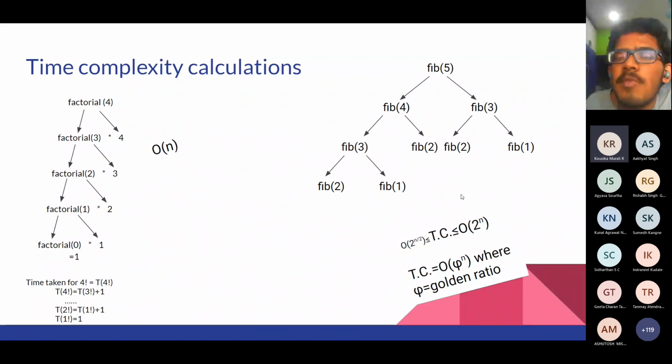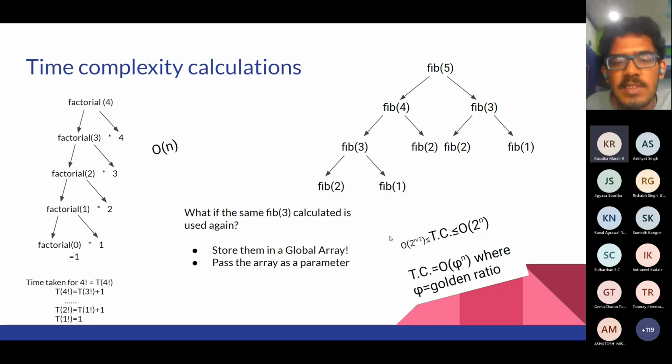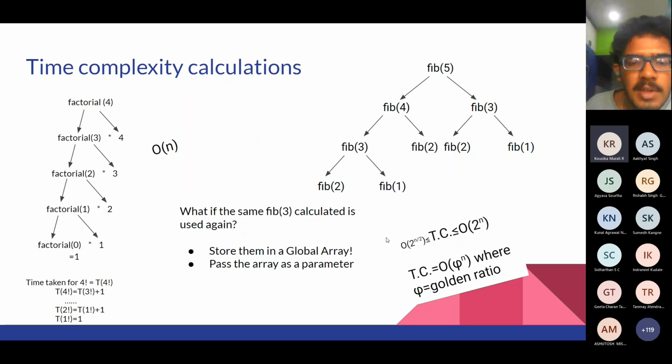Okay, now what can we do? When they have asked for the nth Fibonacci number, where n is even in the order of 30 or 35, it will take 2 power 30 operations in the worst case to find the nth Fibonacci number, which will be very large. 2 power 30 is so huge. So when we want to find it in a time which does not exceed the time limit,